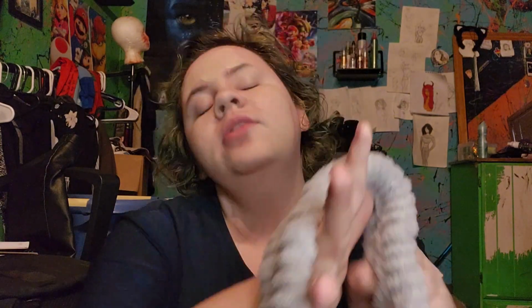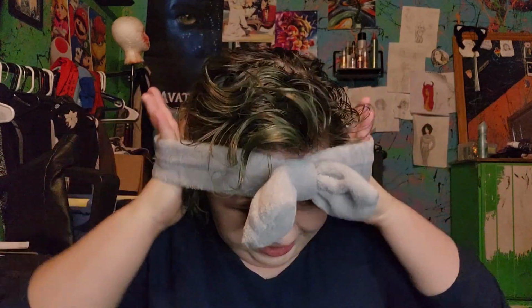But I almost forgot. Before you put your makeup on, I'd recommend pinning your hair back so it doesn't get in the way, especially if you have crazy hair like I do. We're going to be using one of my favorites, this little head scrunchie that you can use to pull back your hair. You can get these on Amazon for really cheap. You just pull this open, pull it over your head, and pull it by the bow like that. Make sure the bow doesn't come undone, and just...